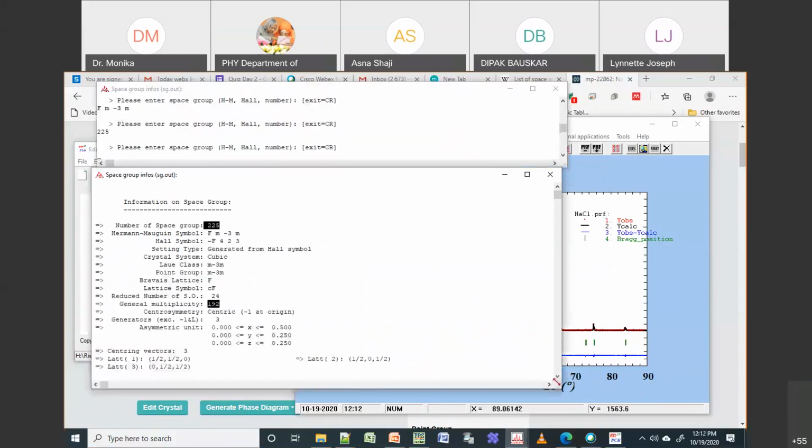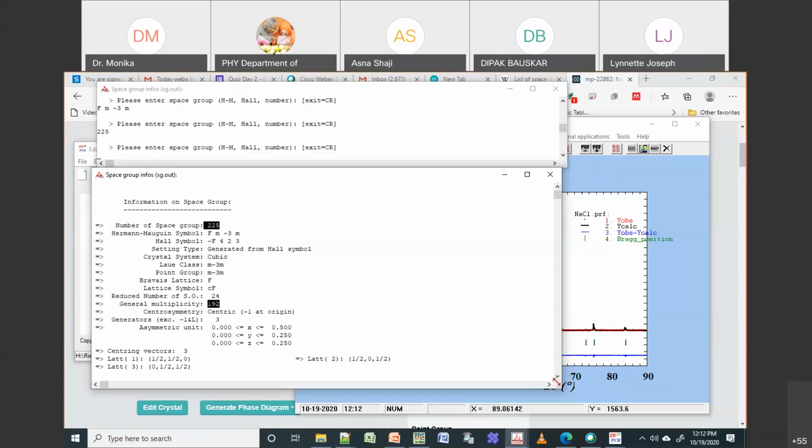Then our chlorine is in 0.5, 0.5, 0.5, which is nothing but half. Half is our position for our chlorine. So when you have this, then you should know this. Normally in principle, if I want to define a general multiplicity, or the multiplicity of a given site, or the occupancy of the site, it is given as a formula which is, I think, okay, I will write here.